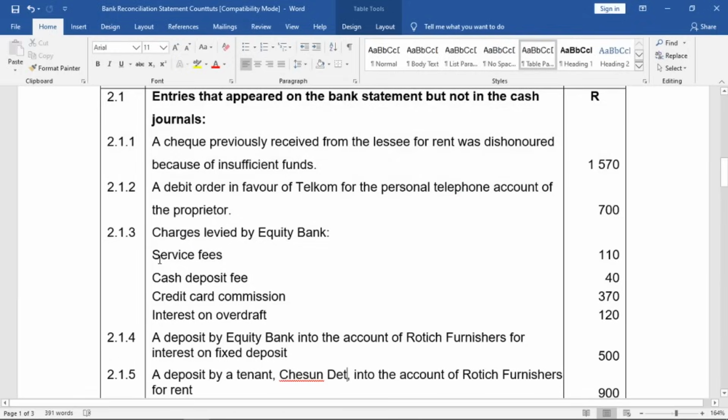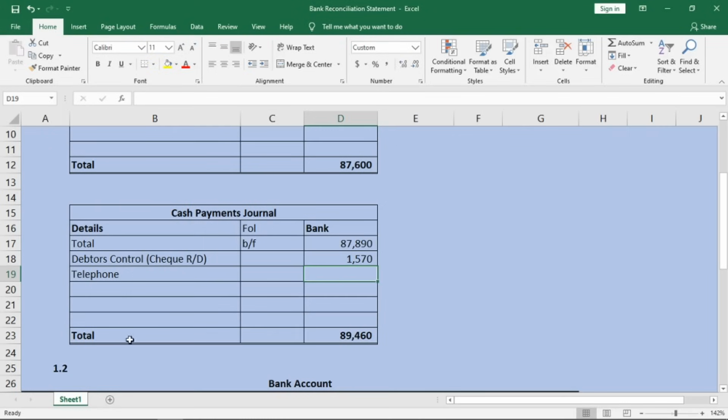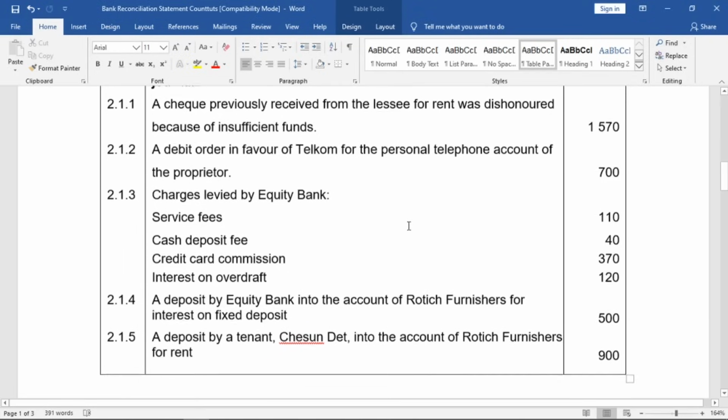I'm going to put the amount of 700 there. The folio here, you don't have to put anything. You can leave it blank. You'll still be marked correctly for the amounts that you put in the right place. Next one,